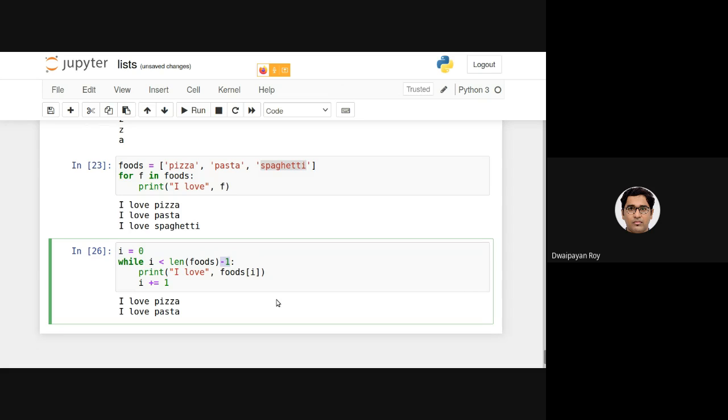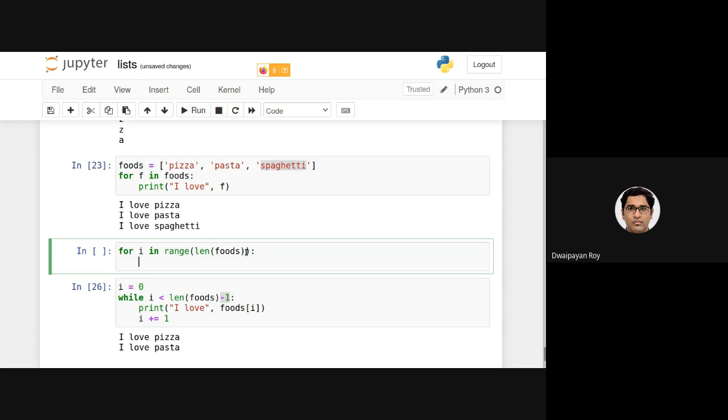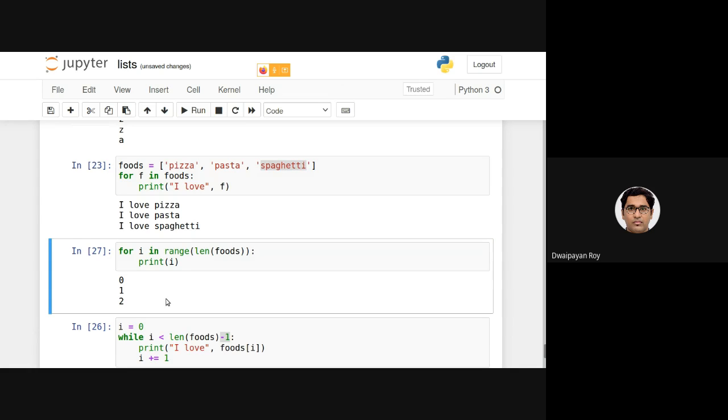Okay. Now, as I said, another way of using this for loop is by using this length function. What I can do is for i in range length of foods. As you can see, if I just print the value of i, it will be 0, 1, 2, right?